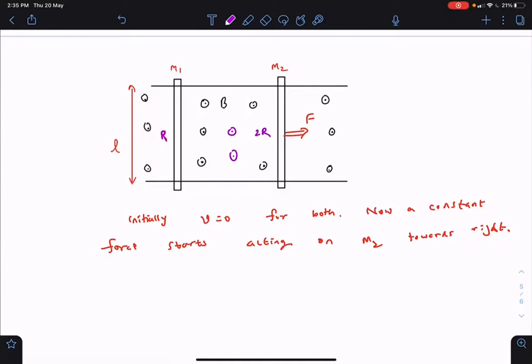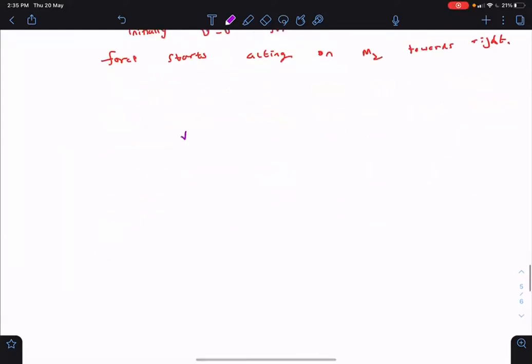Yes, sir. So I found a differential equation similar to SHM. I took capital H as the relative distance between those two. I'm getting d square H by dt square equal to some constant into H. That's not the SHM equation. d square S by dt square is equal to some constant into S, this is what you're getting? Yes, sir. This is not SHM.